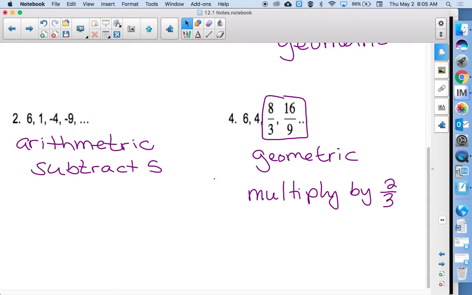The hardest part is going to be writing the rule for the sequence. That's going to be the tricky part. Just do the best that you can. Try and write something down and test it. And then on the back is just a whole bunch of sequences like the 4 here. You're deciding if it's arithmetic, geometric, or neither. And it might be neither. Make sure you're writing a reason why. So make sure you're saying it's arithmetic because you're adding this number every time. So you still have 12, 13 minutes. Show a little bit